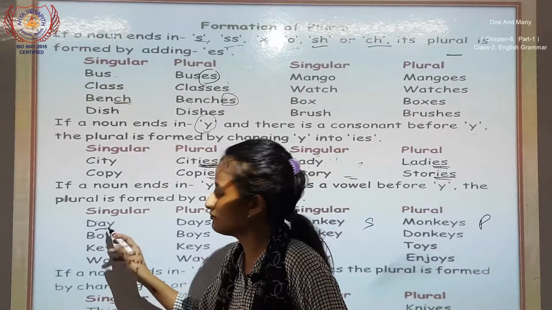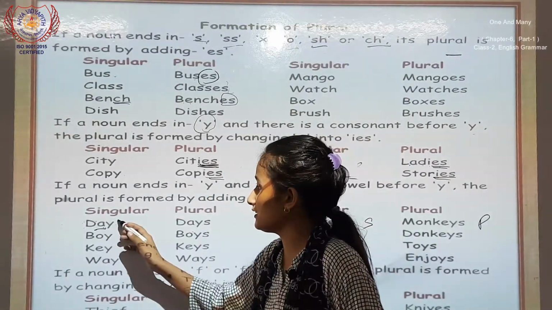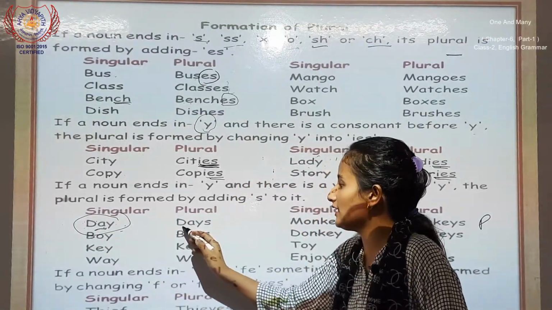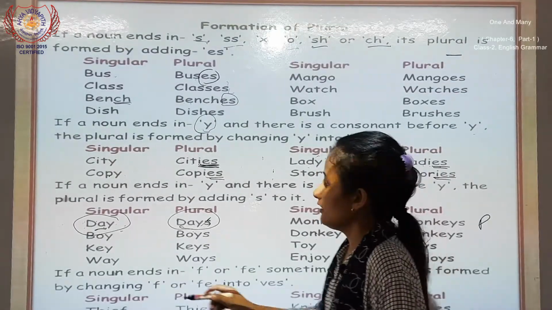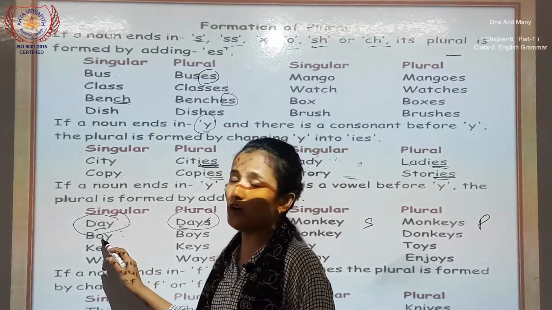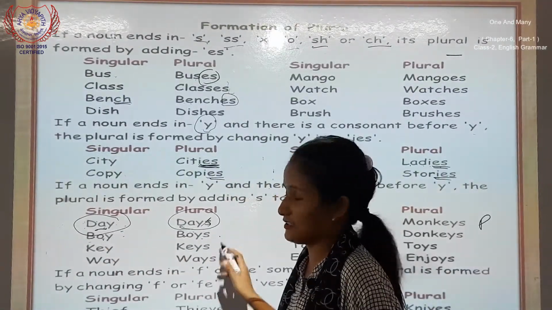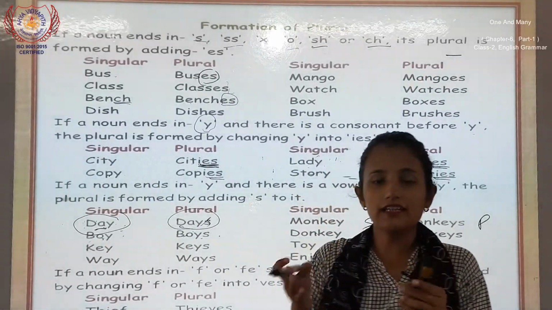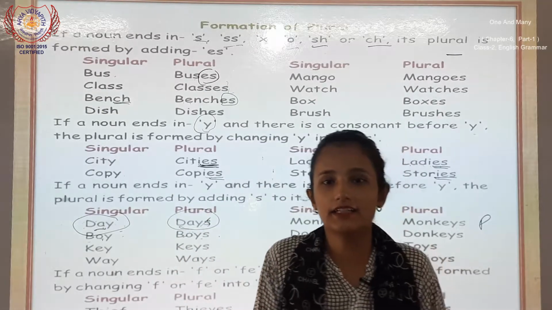A is a vowel letter. So this word cannot be changed. Okay, ये word को हम लोग चेंज नहीं करेंगे, इसके ऊपर क्या डाल देंगे, s. Okay, BOY. O क्या है, O is a vowel. So BOYS. Whenever words फर्स्ट लेटर y के आगे आपको O, E, I और E दिखाई देगा, तो हम लोगों